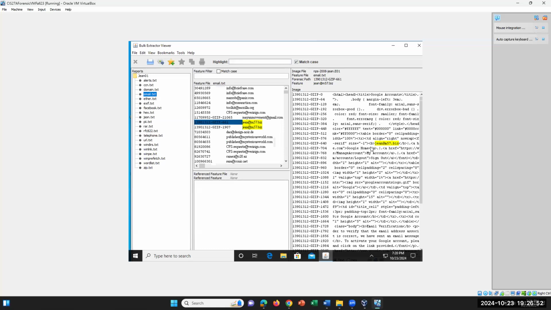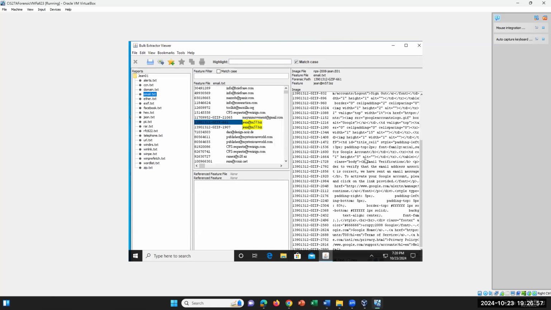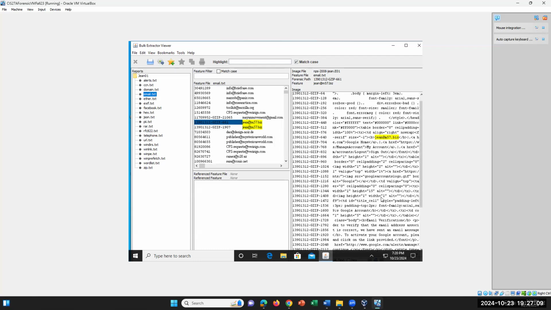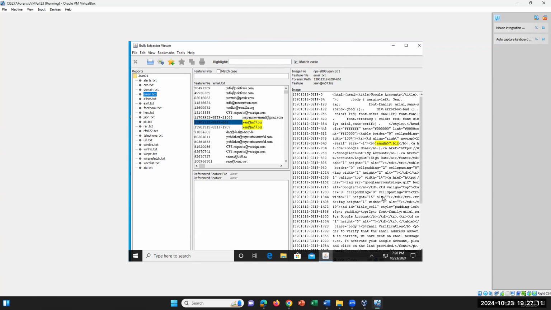We check that with the list of email that we have at the employee list, right? It says to activate your Google account, please click the link provided. The Google Alerts message. Does that look weird? Is it one of those phishing emails or is it not, right? So this is probably just like an alert. And then also,